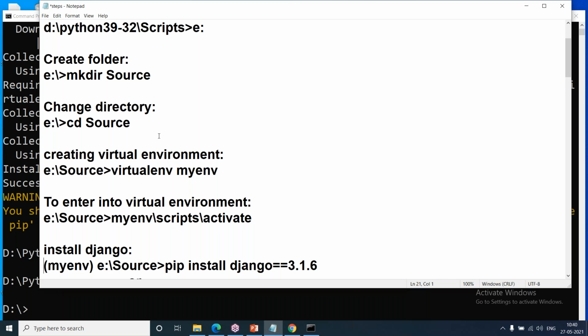Make directory source means we are creating a new folder called source. For Django projects, for Django applications, I am using the folder name source, so that I can identify the Django folders easily, because in our systems, like in office systems, many folders may be there.